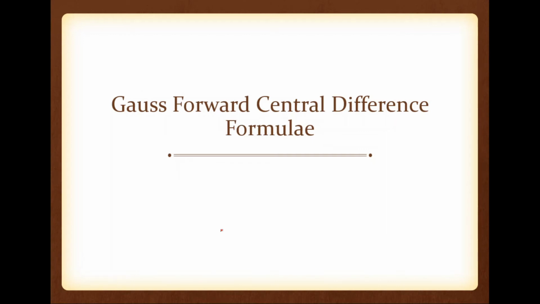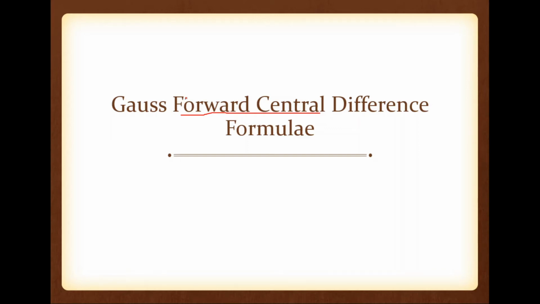Okay, so now we are going to discuss the Gauss forward central difference formula. Please note the term forward central difference formula. It means we are going to use the central difference table, but along with that we have to think about some forward concept also, because I told you alternately the central terms are missing. For example, against y0 we have theta square y0, theta raised to 4 y0, etc. The odd terms are missing.